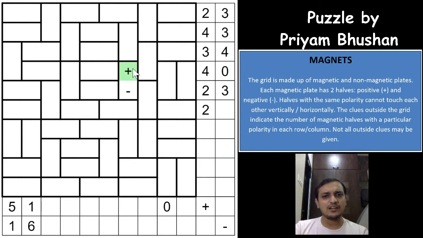And you cannot have a magnet with just a positive sign and not a negative sign. So if a region is said to be a magnet, then it will surely have both the positive and negative signs, but in what order we are not sure, or the region won't have anything. And the clues outside the grid indicate the number of positive signs in that row or column, or the number of negative signs in that row or column. So the positive is given in these cells, and the negative symbols are given by these numbers, right?